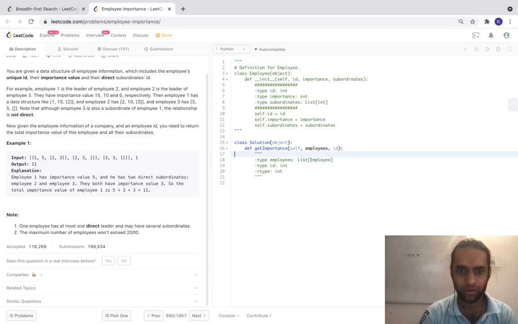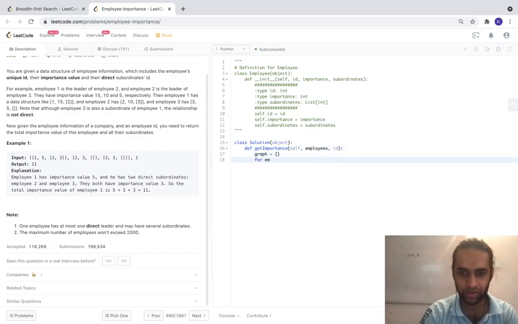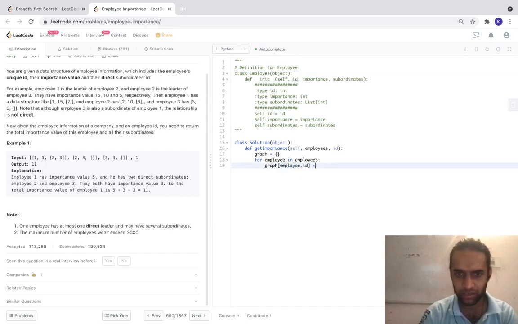Cool. So let's create a structure from which it's easy to get the employee information based on ID. Let's say I have this graph. Because I'm getting this in a list representation, searching the list will be difficult. So for all the employees, I take each one and put it in my hash, but I'm calling it a graph. So this is my employee.id, and this is the employee.